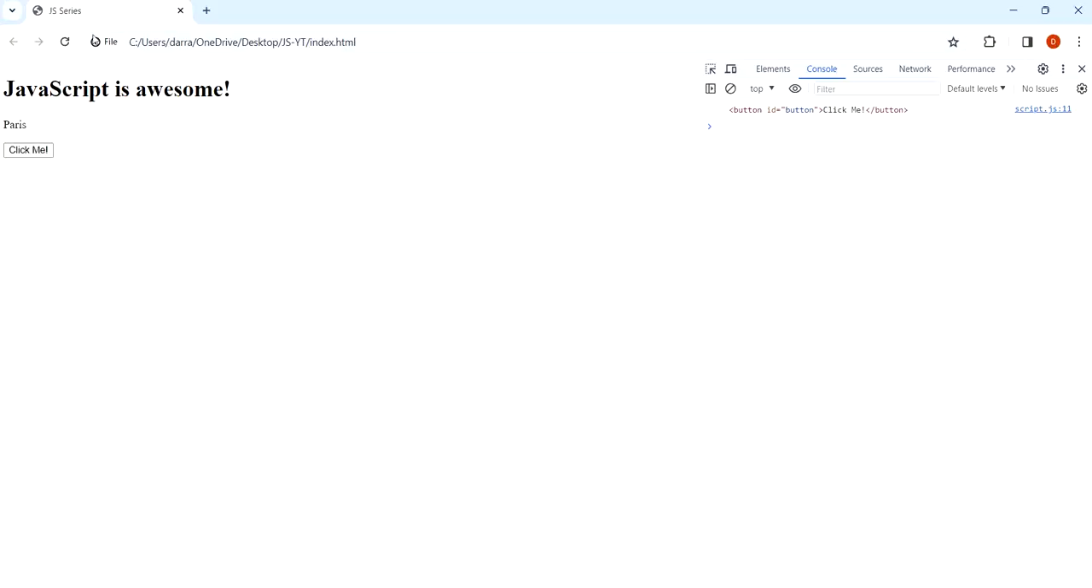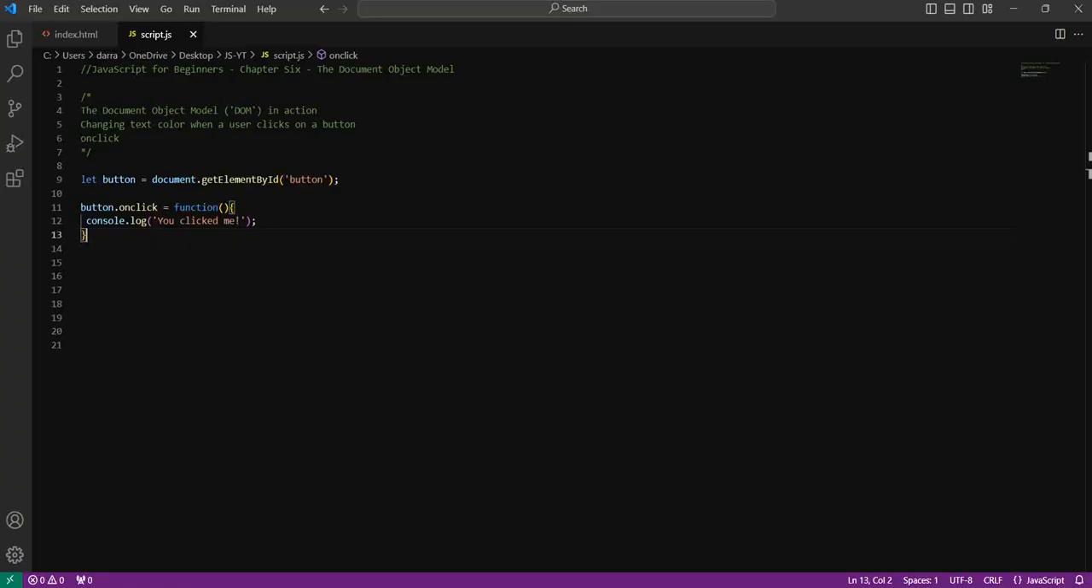So that function will only run when I click on the button. If I refresh the page, nothing happens. But if I click on the button, we log out, you clicked me. Awesome. So we've just listened out for an event happening in this course for the first time. So that's pretty cool. But instead of logging out you clicked me, what I actually want to do is change the color